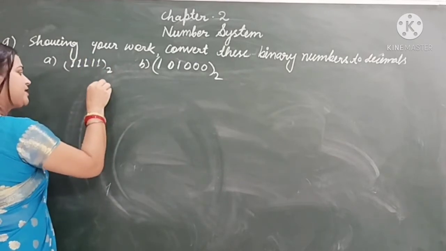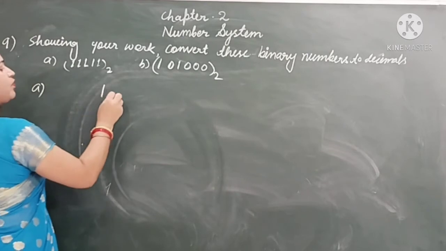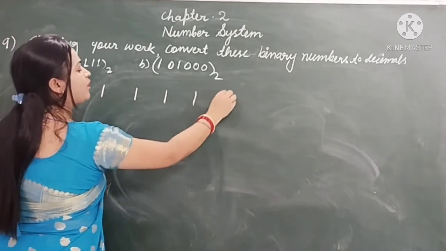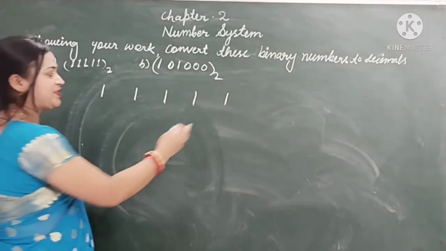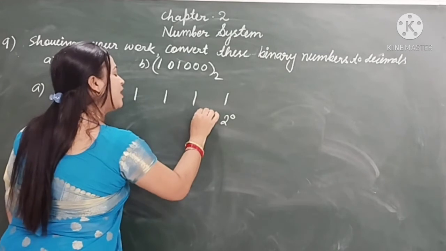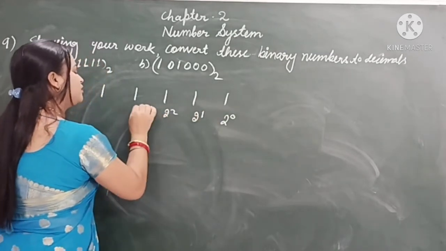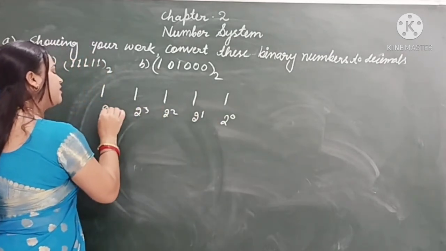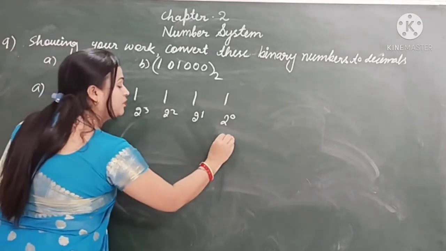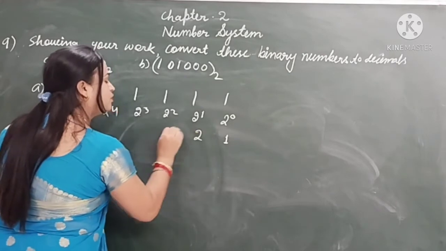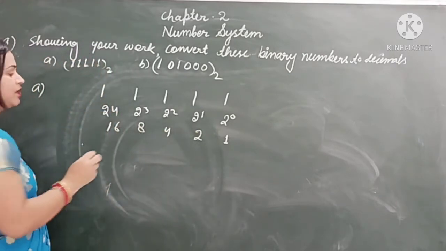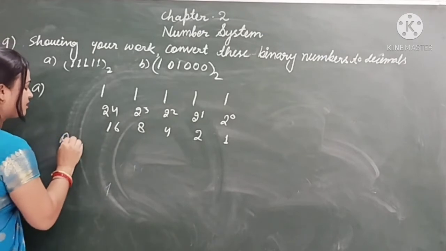First we write the digits. Part A, 1 1 1 1 1. Then we write the bases of these digits: 2 raised to 0, 1, 2, 3 and 4. Same process we follow again. This is equal to 1, 2, 4, 8 and 16. Hence the required number is